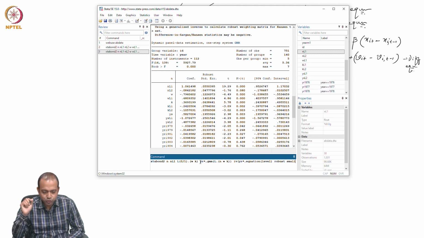So, I have made a little change here. I have removed ys and I have considered only a one period lag of employment, and then I am estimating the same system GMM, considering again n, w and k, all three, as endogenous, unlike the previous case where only n was considered endogenous, that is, within the GMM it was only n L1. So, L dot n w k we are putting within the GMM. Then we are estimating the same model.